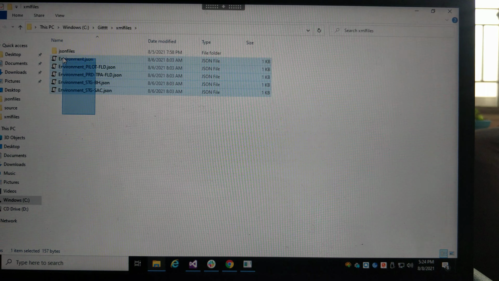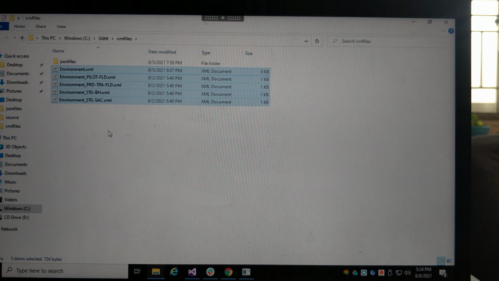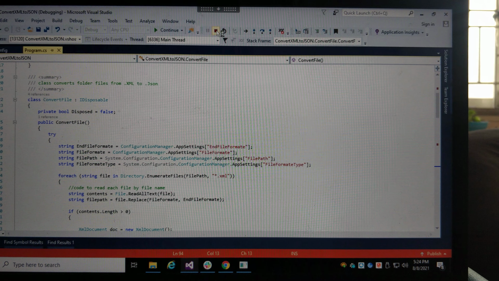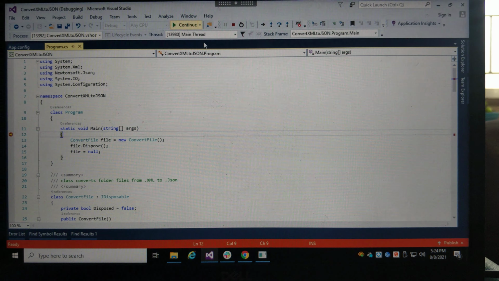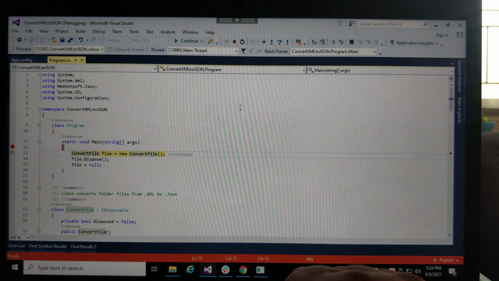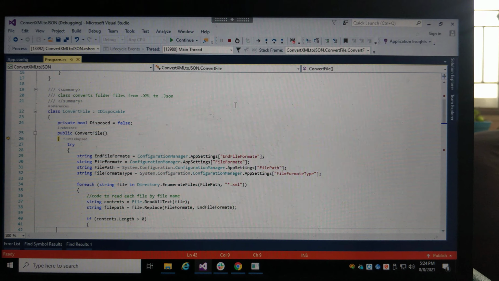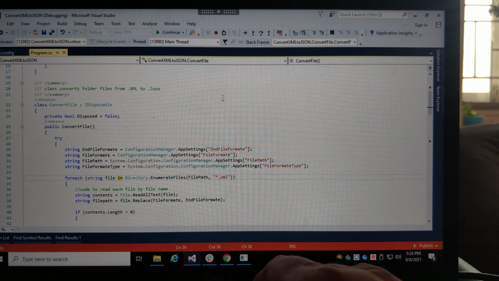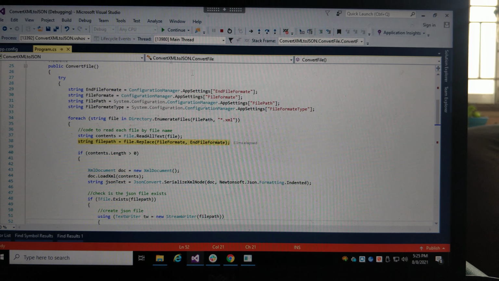Just delete those files, and have these files. Just run it again. See, now I got the file.